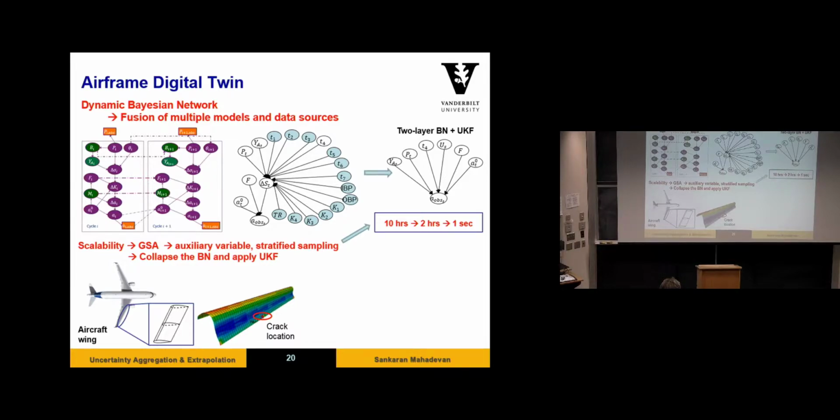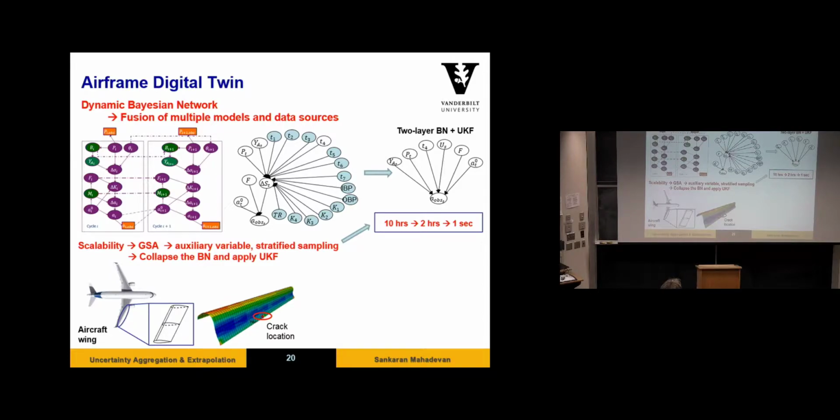This work was led by GE, and Lockheed and Vanderbilt were the two other partners. We developed this dynamic Bayesian network approach and the scaling. The whole thing took only 15 minutes for information fusion, with all the high fidelity Vanderbilt model coming in, and then the inspection and various types of data coming in. And so you are now approaching real-time